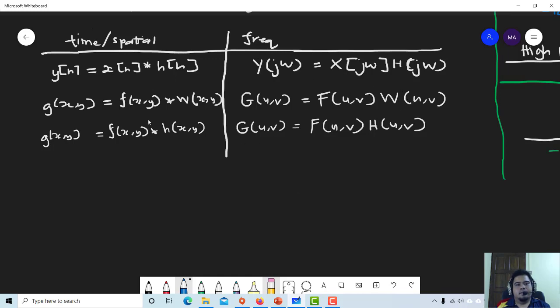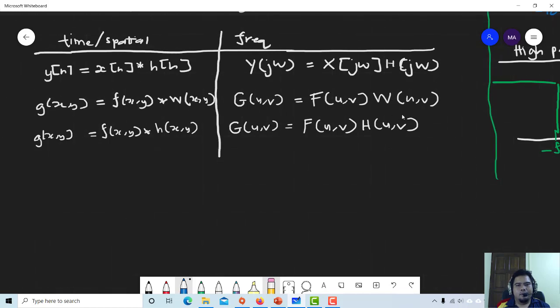Okay, so the third line there, I just rewrite the second line. However, I change my W with my H. Okay, don't confuse with that, because in most of my slides after this, you will see more expression in the frequency domain in this way rather than this way, meaning that now we are using the H, we don't use the W. Okay, but don't confuse, the thing is the same, because in frequency domain we talk more about the filter,